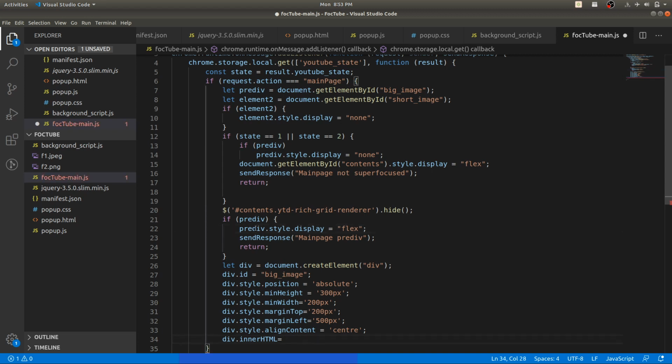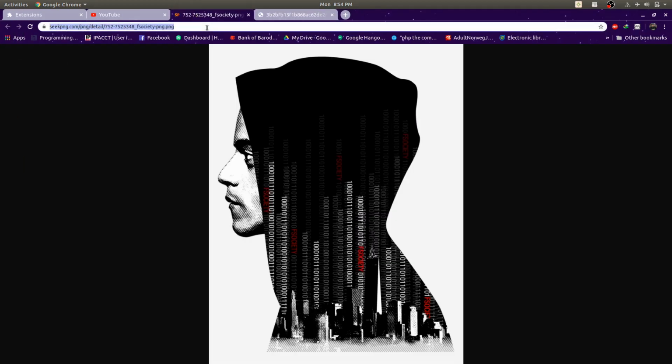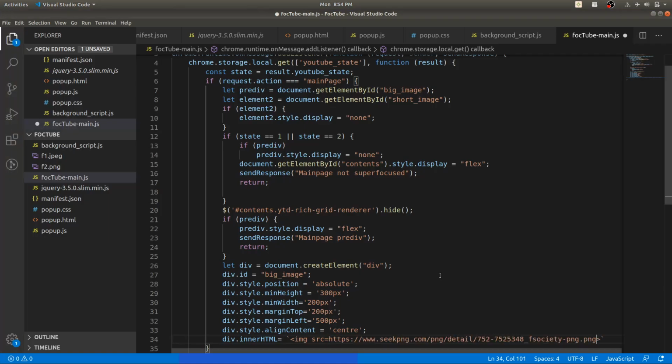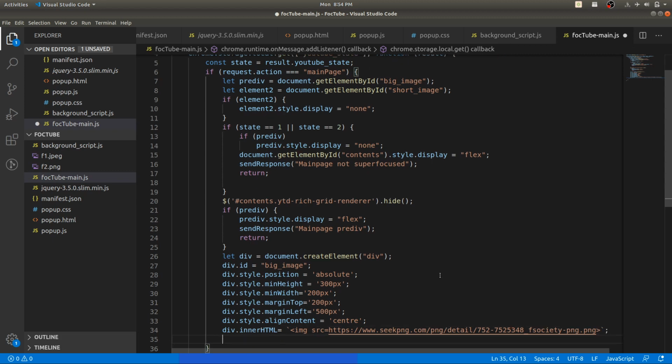So what will be inside the div? Inside the div we will be having an image of that Mr. Robot. So we are adding that image source. I already have that URL, so I am just copy pasting it.